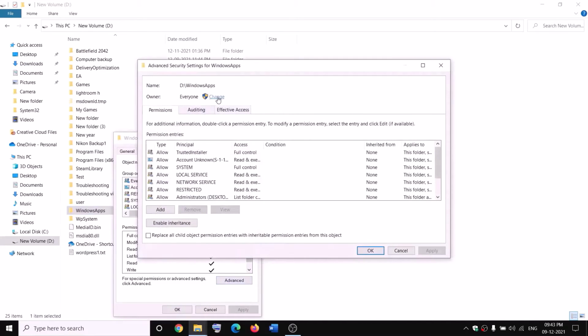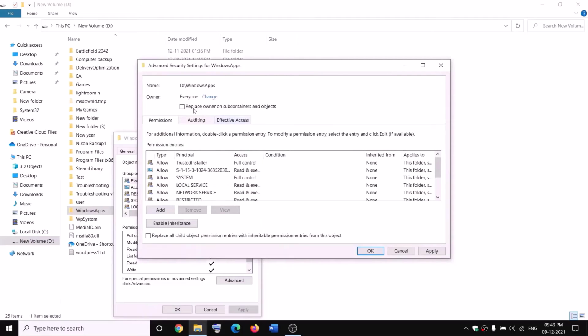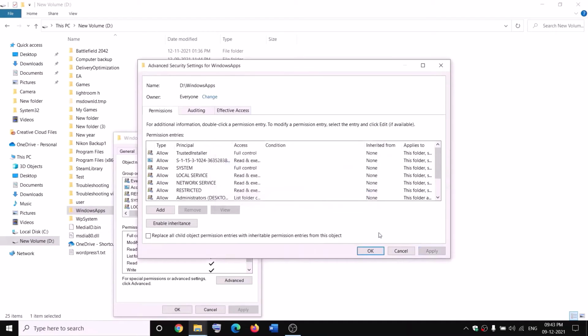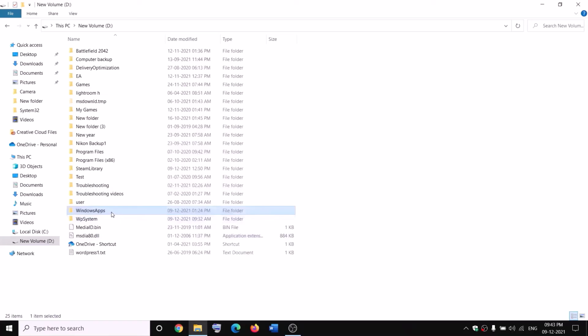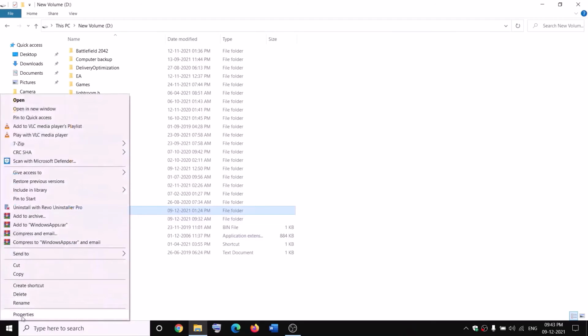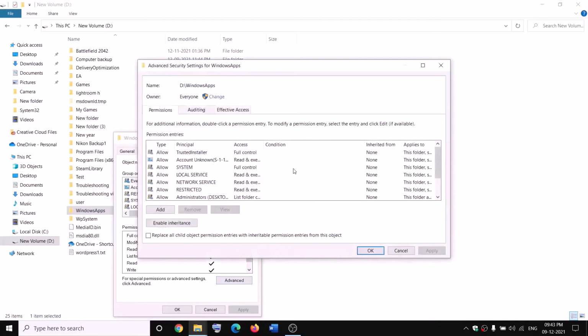Now click on change over here, type in everyone in the box. Now click on check names, then click on OK. Now put a check on the box which says replace owner on subcontainers and objects and then click on apply, OK, OK, again OK. Again right click on Windows apps, select properties, security tab, advanced, and this time